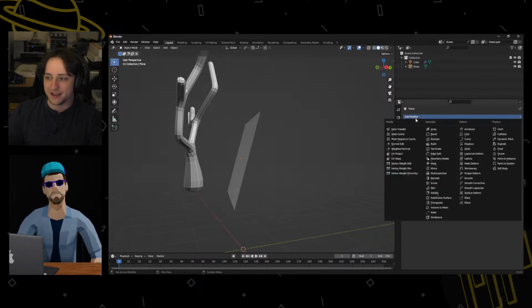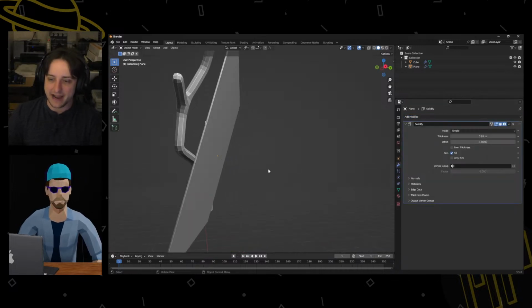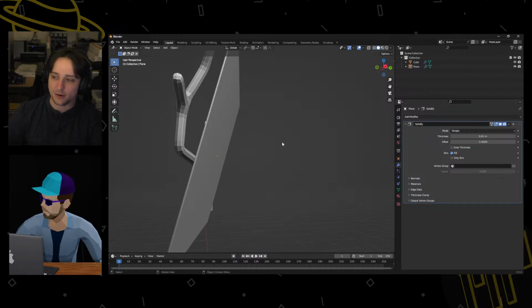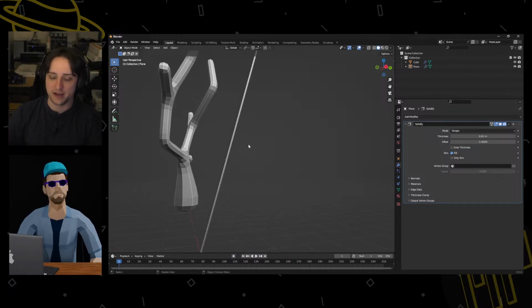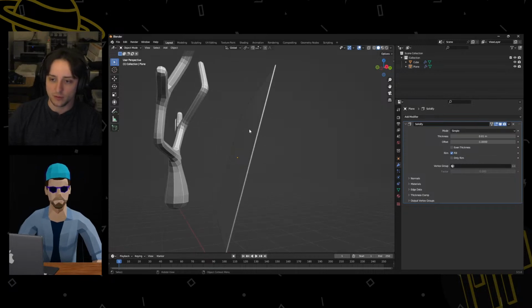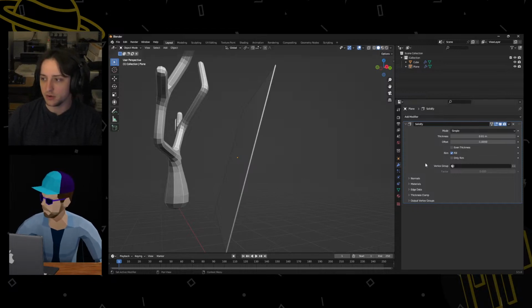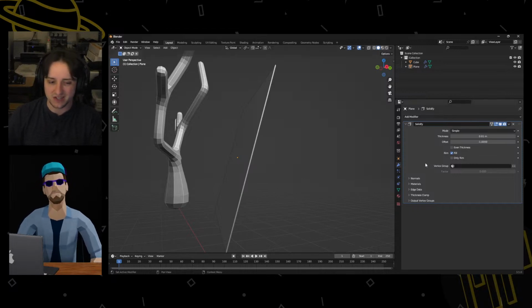So what the solidify does is pretty simple. It adds a slight amount of thickness to any mesh. So it's particularly useful for things like, as I said, clothes, or if you want something to look more realistic, like actual fabric, adding a solidify helps a lot. And you can do this post physics if you wanted to, so that it's not calculating this,